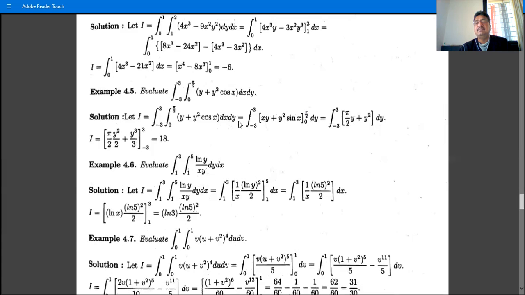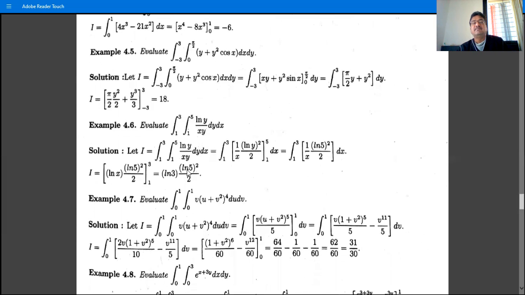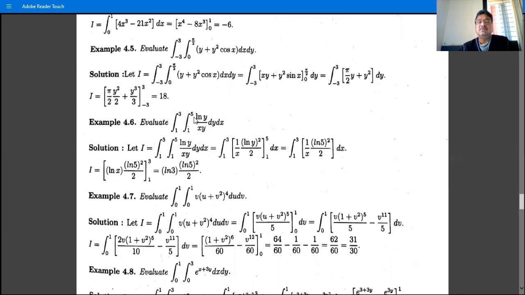So value at the upper limit, value at the lower limit. So we have this, and then its integration with respect to y is what? Y square by 2. Here y cube by 3, minus 3 to 3. Answer is 18. Then 1 to 3, 1 to 5, log y by x into y, dy